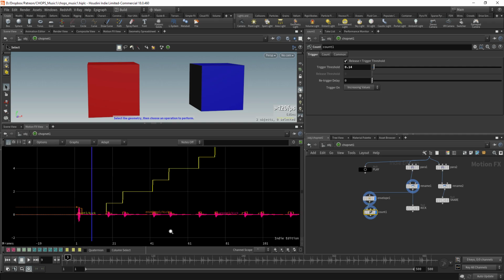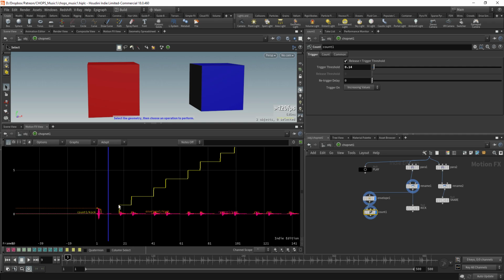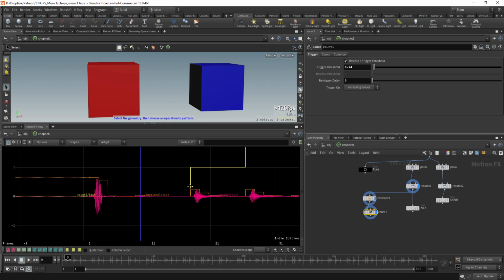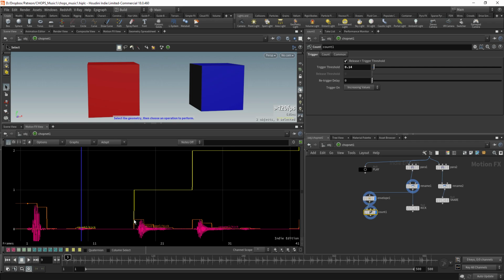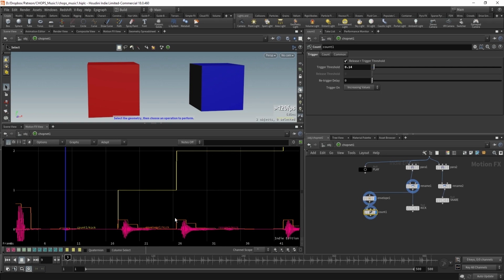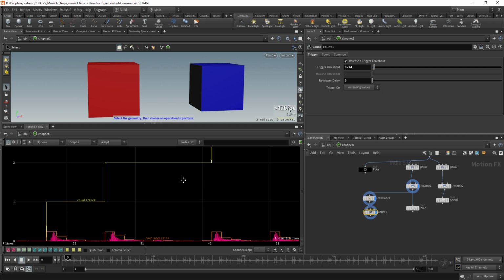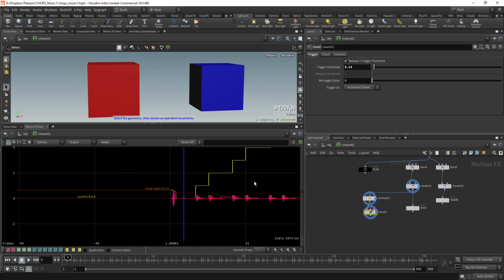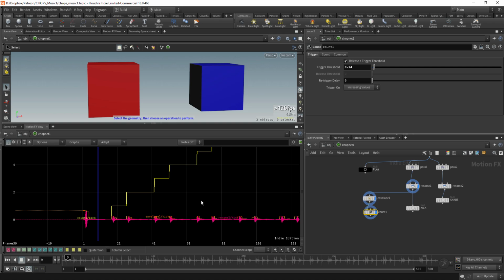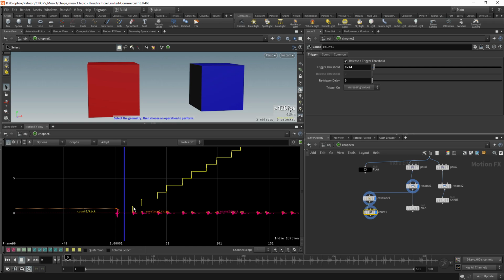So you can see this count is the yellow thing here. Every time we find a high building here, it's going to count 1, okay? So there's one orange building here, it counts 1, and the second big orange building counts to 2, and then to 3, and so on and so forth. But that's not what we want. With this you can count how many beats you have in your whole song, but what I want to